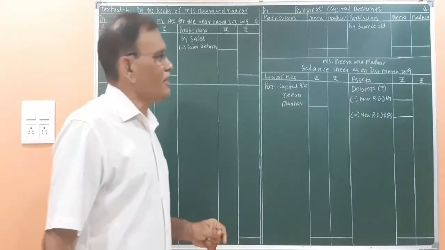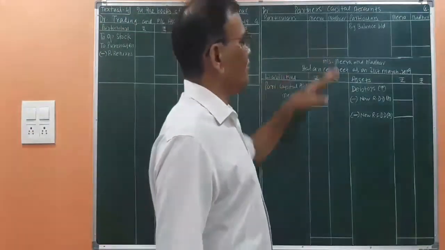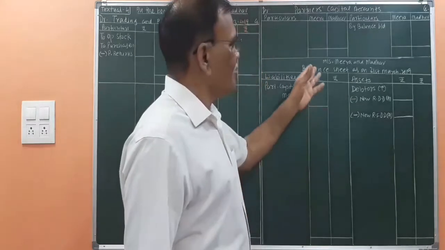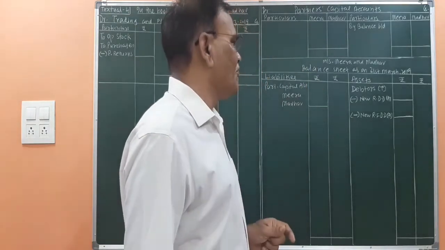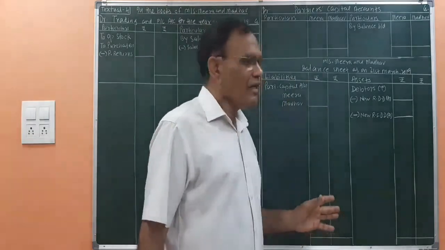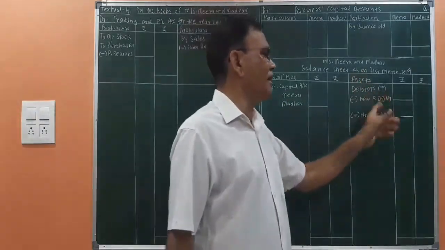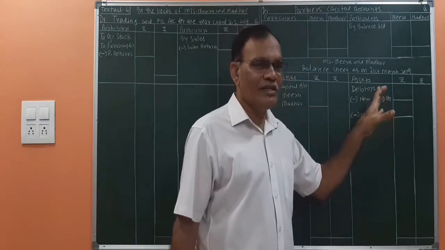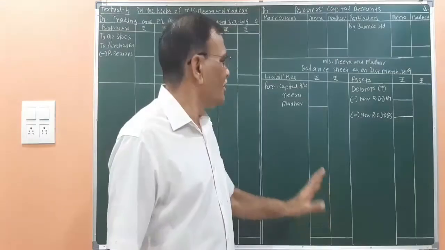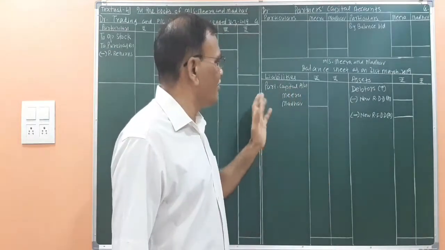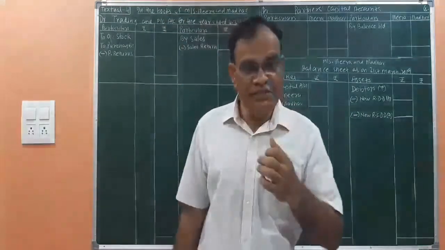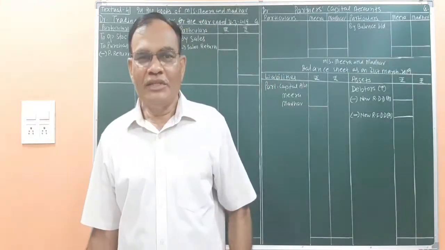Capital accounts we are preparing, Meera and Madhav, 2 columns for 2 partners. Then balance sheet, once again we are writing the name of the firm, Meera and Madhav. Balance sheet as on 31st March. I am writing the formula of debtors, but I am just writing those entries which are useful because there is a spacing problem, as you know. And here on the liability side I am writing partners' capital account, Meera and Madhav. Now once this blank format is over, we'll move on.